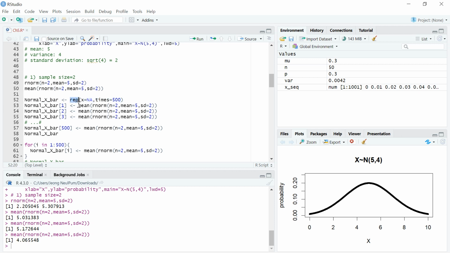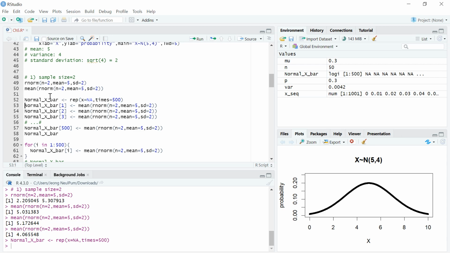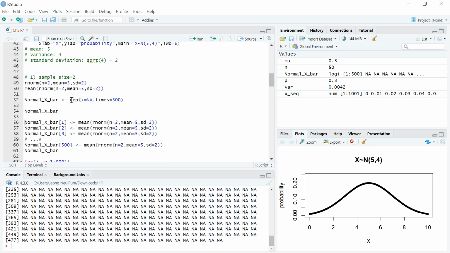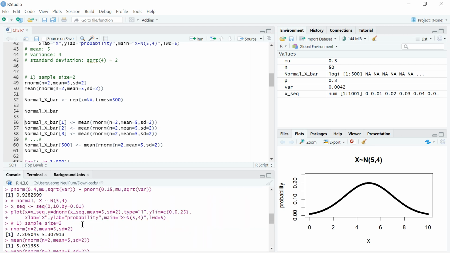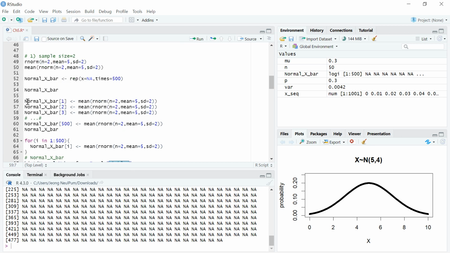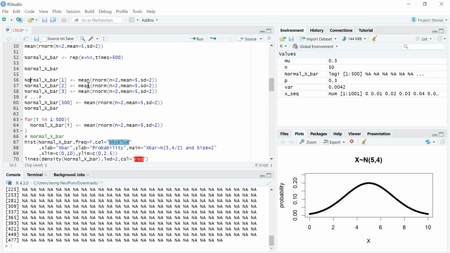This is the rep function. You can see that normal x bar has NA, which means empty ones. So please ignore this part. We can store each sample mean with the assignment operator